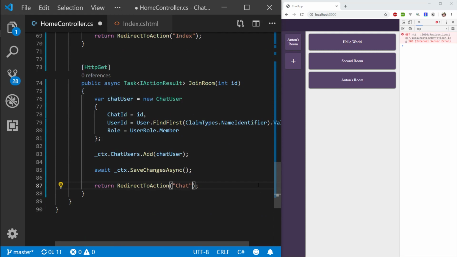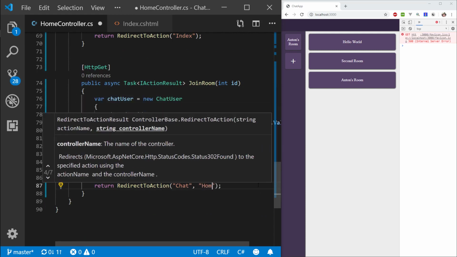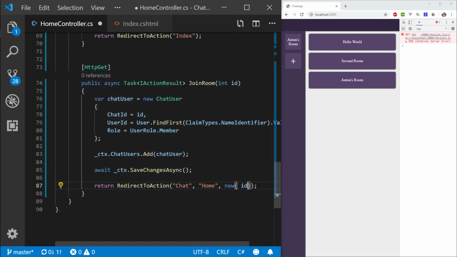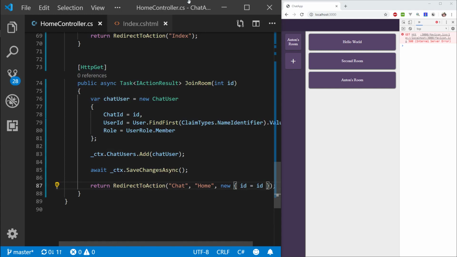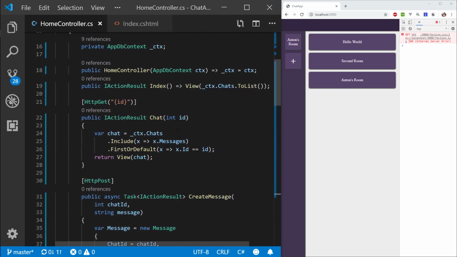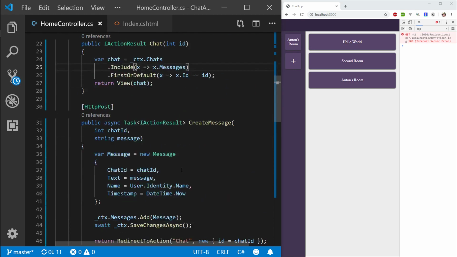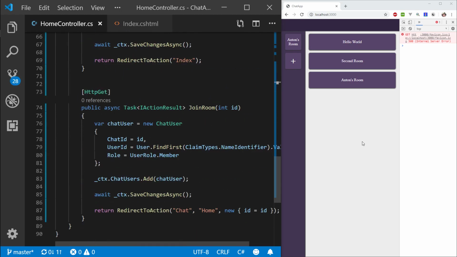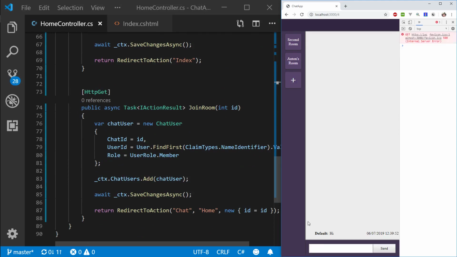So let's say chat, controller is home, and the parameters, I will say ID equals ID. Okay, so this should then redirect me to the chat room, and the ID will be passed, and all should be good. So let's go ahead and try that. Let me refresh. Let me try and join the second room. So there we go. You can see I got redirected to the second room and it got added to my